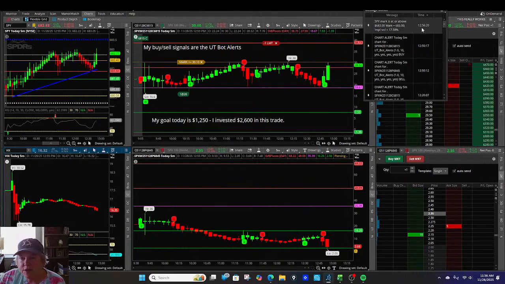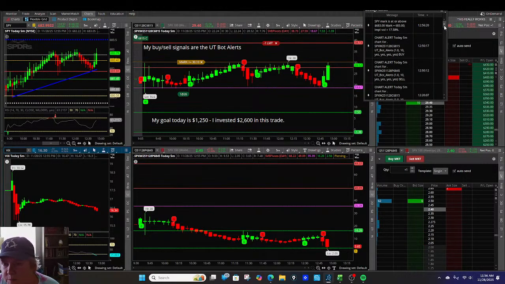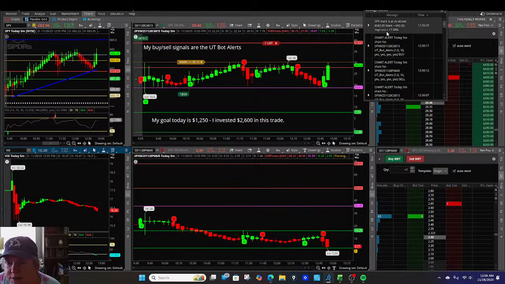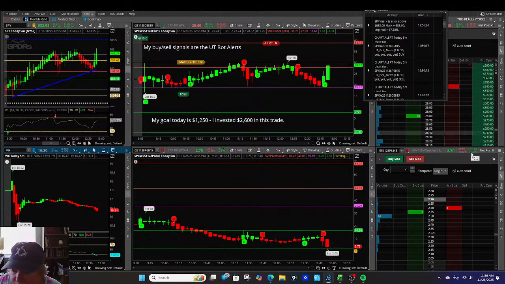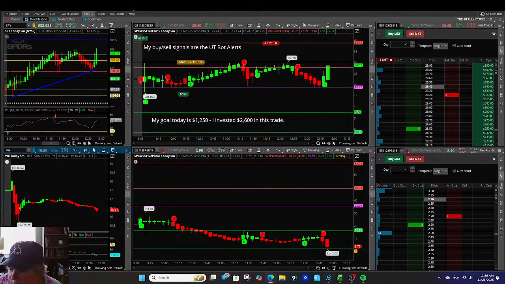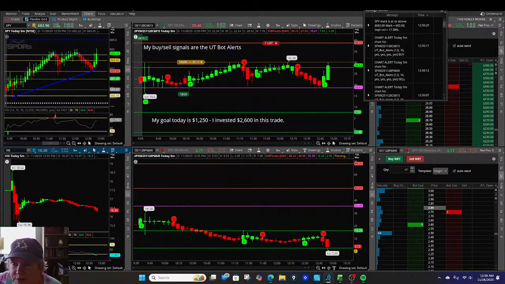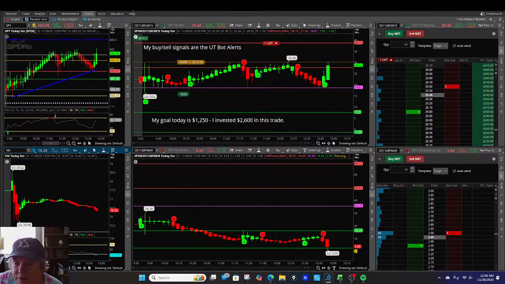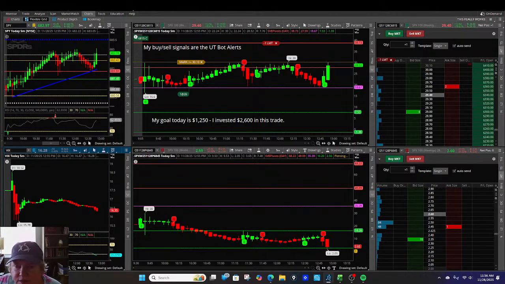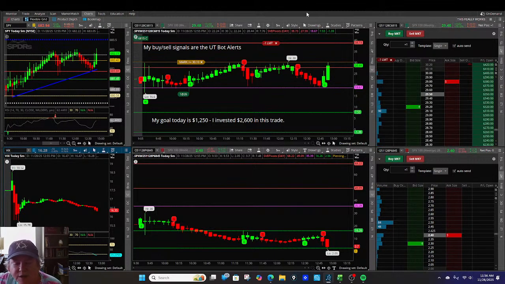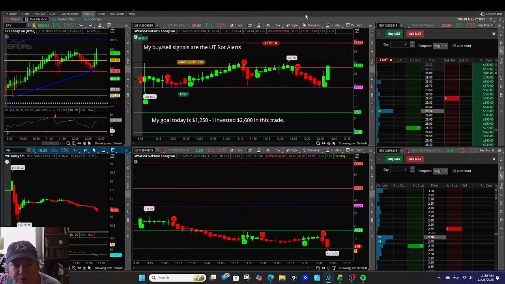Got a message, disappeared on me though. It says the SPY mark is at or above 683. Let me pause the music a minute. I got a message and it said SPY mark is at or above 683. At the beginning of the trading day, I placed an alert to tell me that, because when you have round numbers, 683,